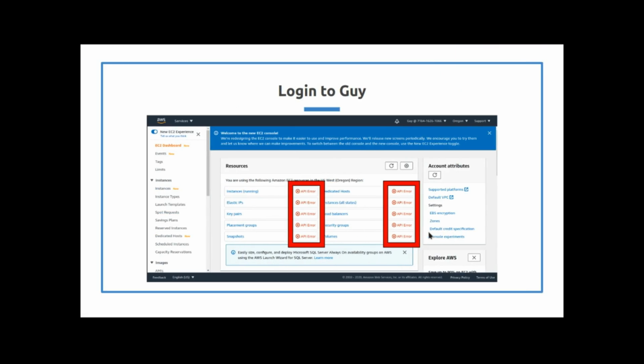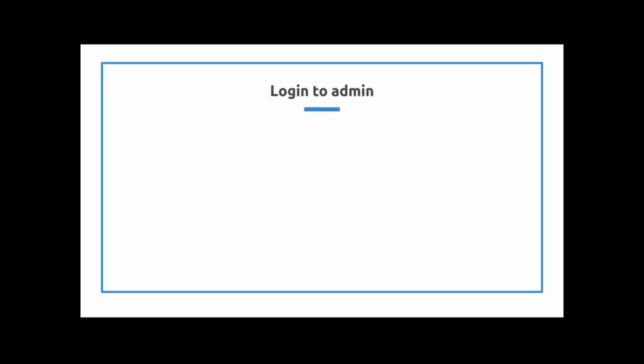So all right, we know our read-only access is working. Sandeep is not able to see the buckets. He's not able to stop anything. That's good. Let's say part of his job is just to check the status of the buckets and make sure they're running. He can do that. Let's say Guy's job is just to check the status of the S3 bucket. He can do that. And he doesn't have access to anything else. He can't do anything further than that.